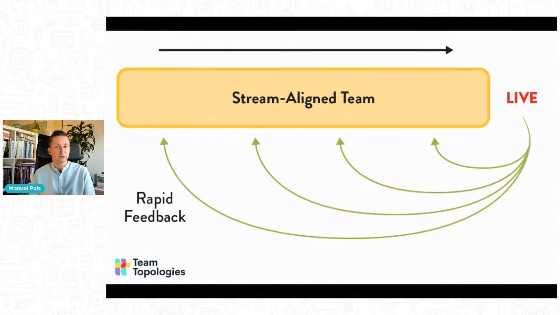Obviously, there are challenges to achieve this, but we know, and from the work in Accelerate as well, these are the types of teams where you have the faster flow, when the work doesn't leave the team, when you don't need to have high work in progress because you're starting one feature or one change, and then you have to wait for the infrastructure team, and then you start another feature, and then you have to wait for the testing team, and then you start another feature, and nothing gets finished, right? So that's not fast flow.